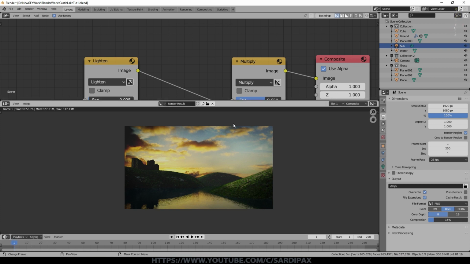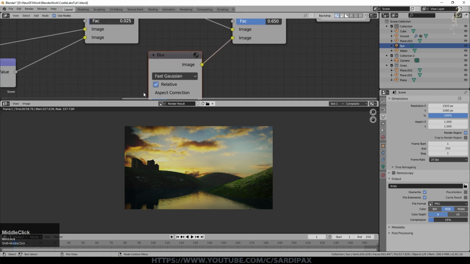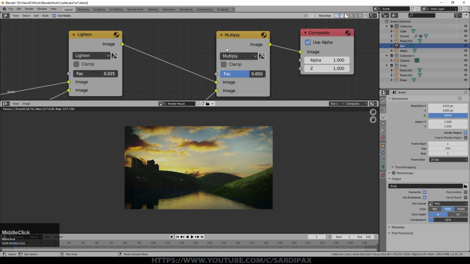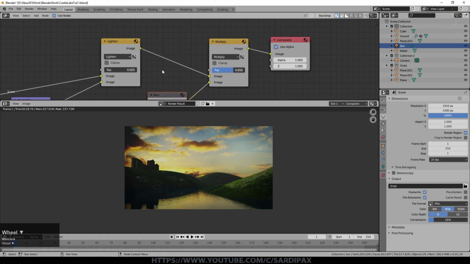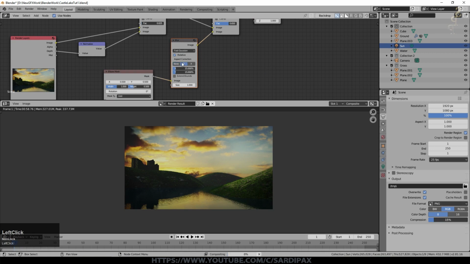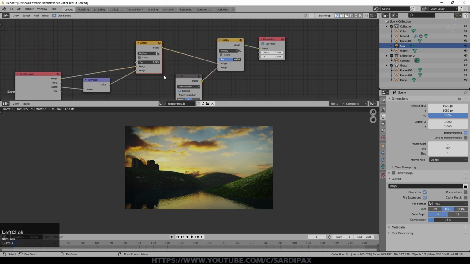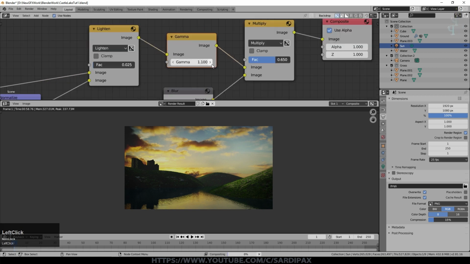If you think that darkening around the edges is a bit too much, you can obviously change the factor there or increase the blur. It's something you also tend to get with cameras as well, by the way. And we should also tell it that it's Y that we need to account for. There you go, that's actually brightened it up slightly there. And then finally, just to increase the sort of drama of the scene slightly, under the color node I added a gamma node, drop that in there, and I just pop that up one.